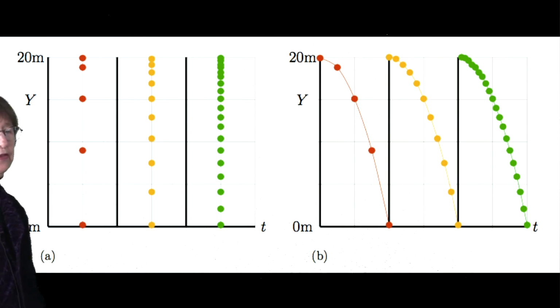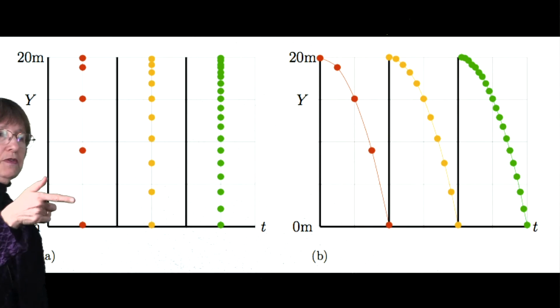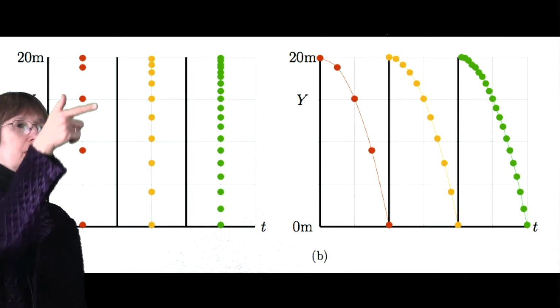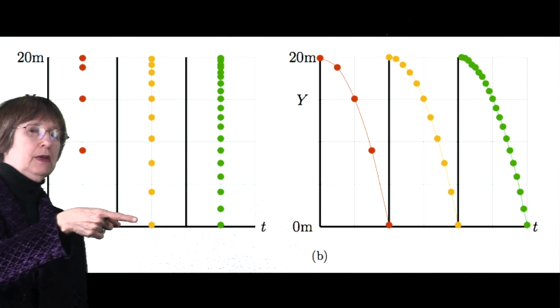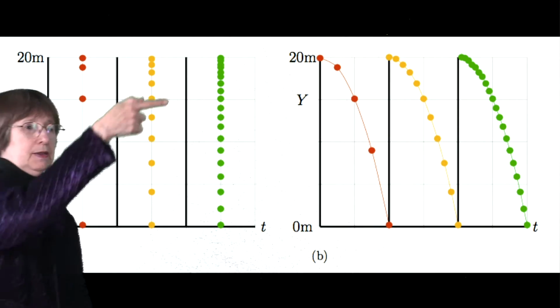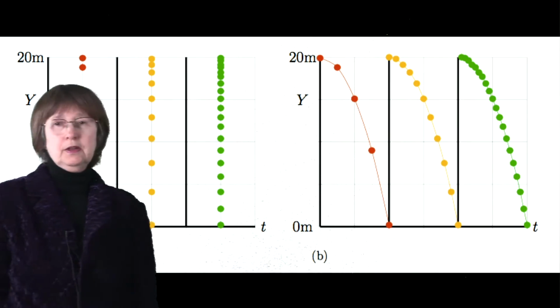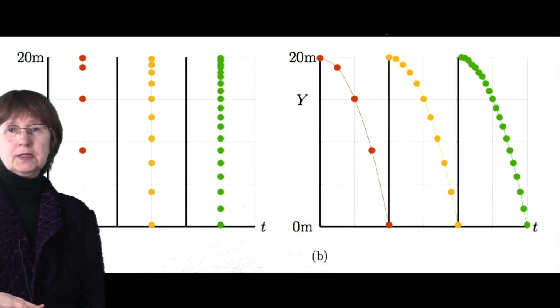In this graph, the strobe is flashing at a certain rate, and we see the position of the ball at successive instants of time. Now we've increased the rate at which the strobe is flashing, and we see the same picture again, but the measurements have been refined, so we have more time points. And the same thing is shown again. It has been refined to show even more time points and to show where the ball was at each of